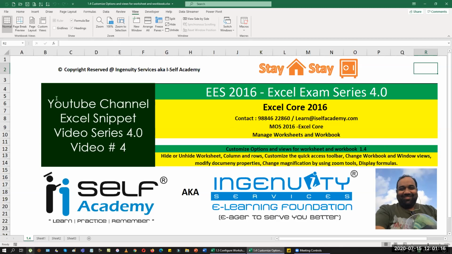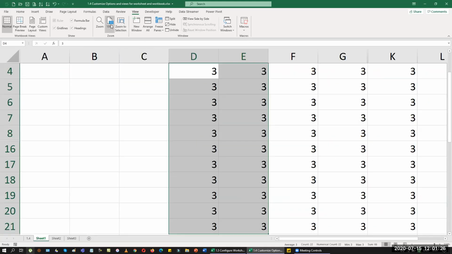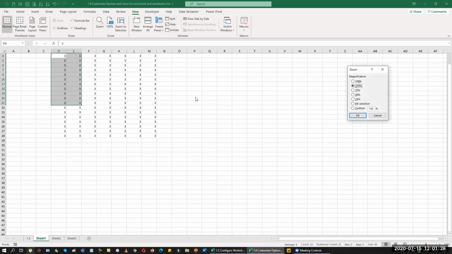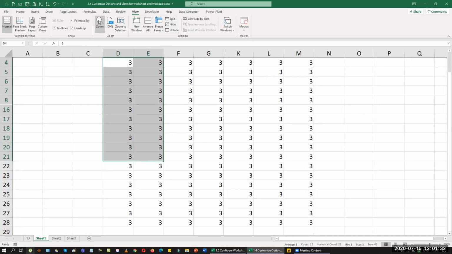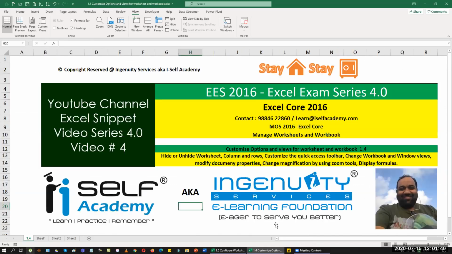So we can zoom a particular data here. Let me come back to my sheet one again. I'm going to zoom this part: zoom for selection, and zoom 100%. I can zoom it until 200% here. And I can even customize my zoom to a respective percentage which is not given in here, 125%. So you can do the zoom component.